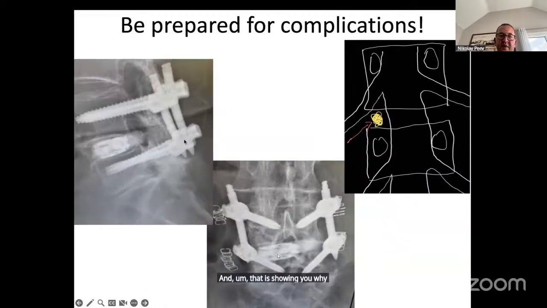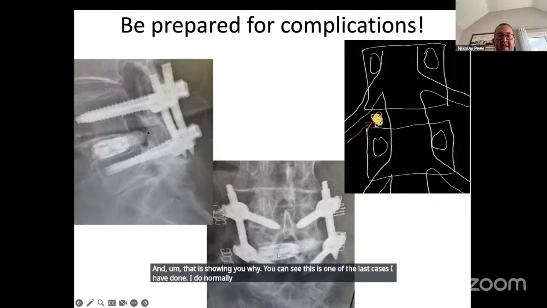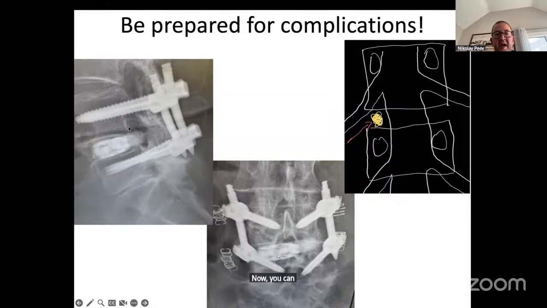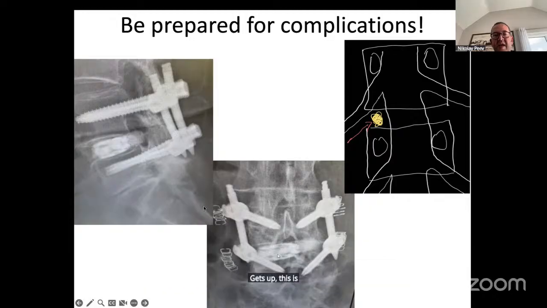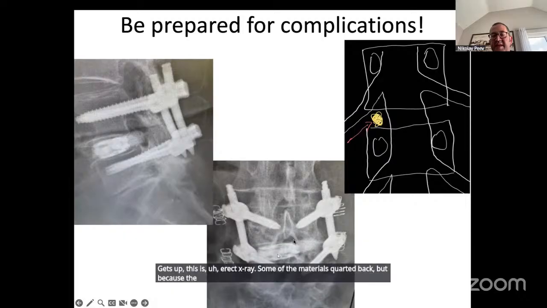You can see this is one of the last cases I have done. I do normally pre-filling, and then I also do backfilling of the disc space. You can see here the immediate post-operative. There was no material in the foramen, but you can see here that some of the material came back. It is normal when the patient gets up. This is the erect X-ray. Some of the material squirted back, but because the material is nicely mashed,